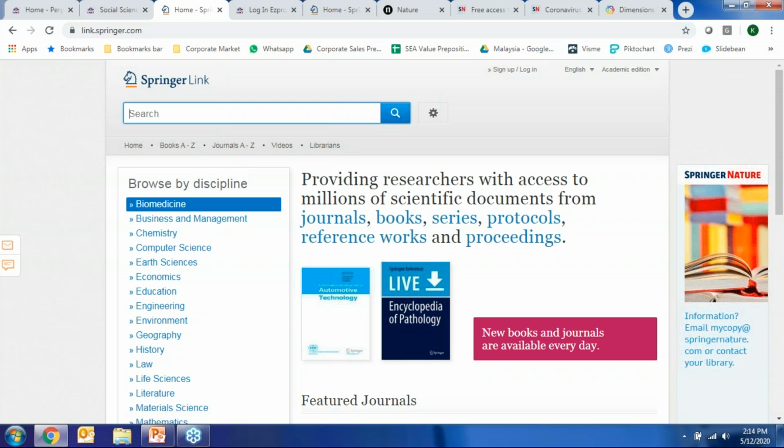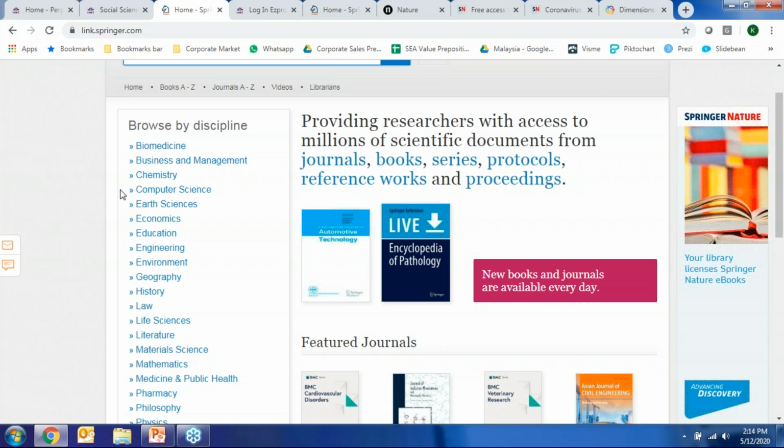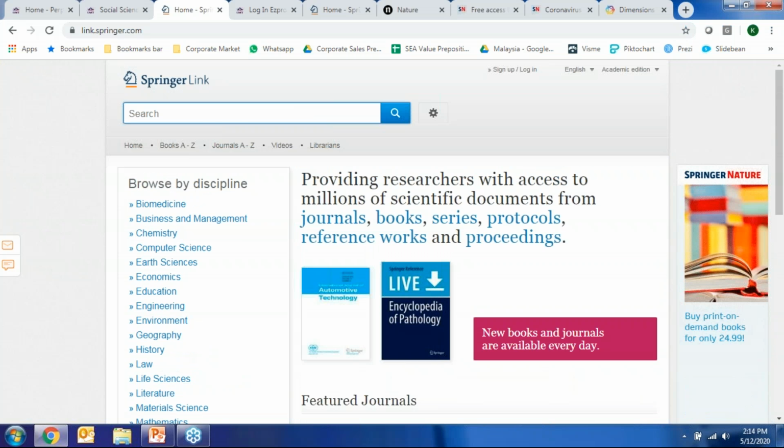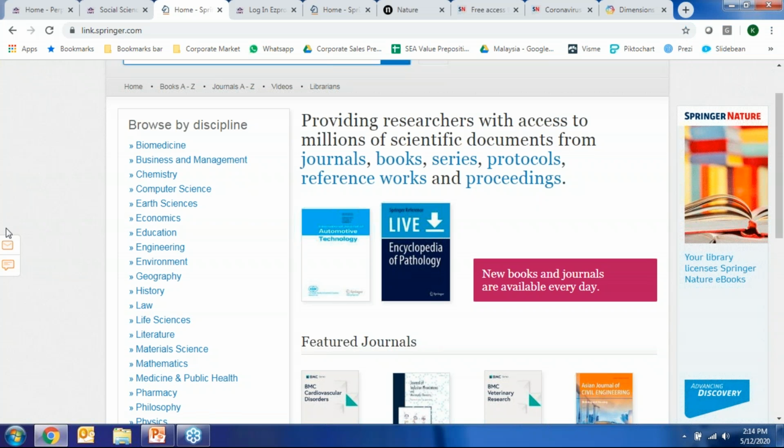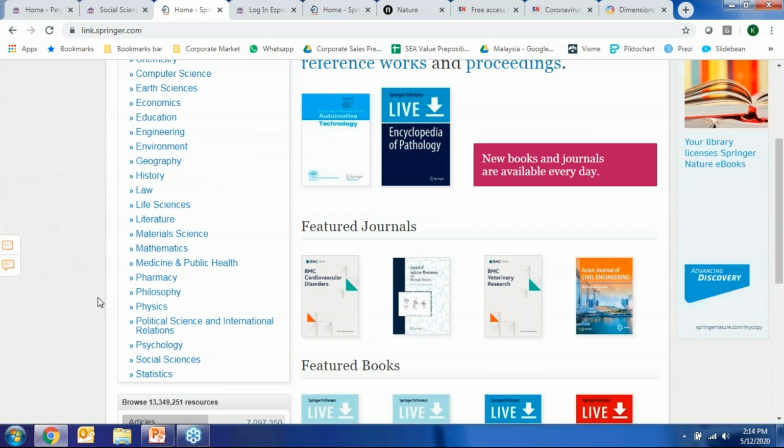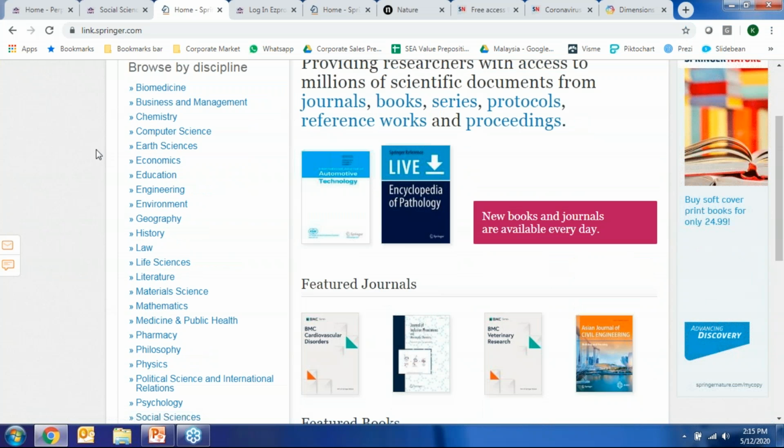The next part is this menu on the left hand side of the page, where we've actually divided all of the different types of content into subject matter categories. So as you can see, I believe there are over 21 different subject areas that pretty much cover almost everything under the sun. And I'm also pretty sure that it covers most, if not all, of the different subject disciplines that are both researched or taught in UMT.